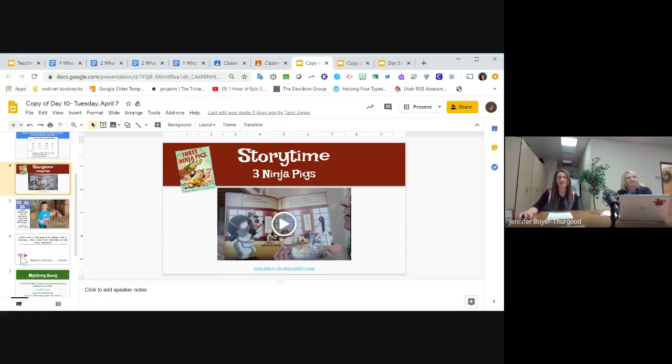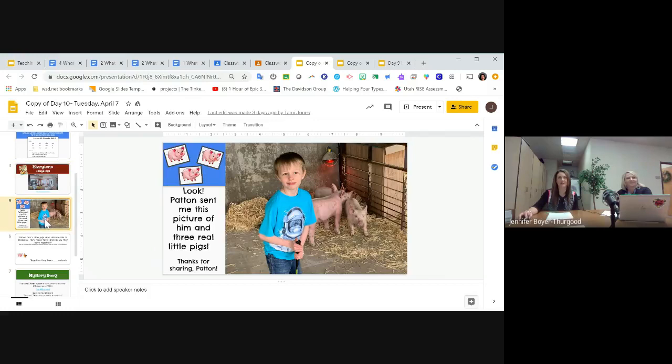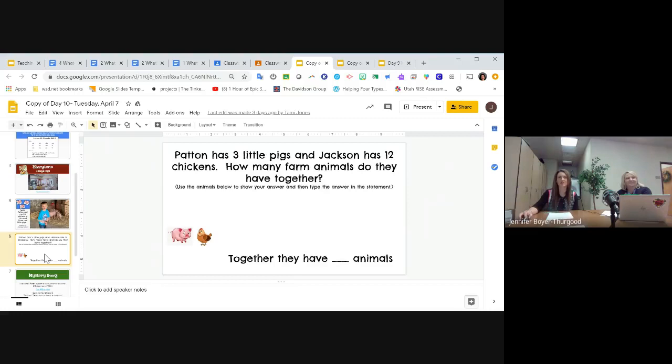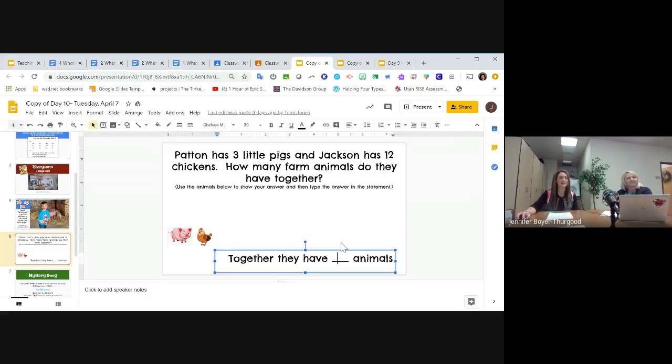She's also then on the next slide got this cute picture that a student in her class sent to her. But what I love is that she takes that picture and then she has the problem of the day the kids are working on is that student. So not only is she doing awesome curriculum, essential skills, now she's got this awesome tie to her students, right? Which is what we are missing so much from the classroom. So I'm sure that student opened that and was just thrilled to see himself and the problem of the day about him. So again, students just click right in the slide to answer the question. They don't have to go anywhere, print anything, download anything. It's just right there.